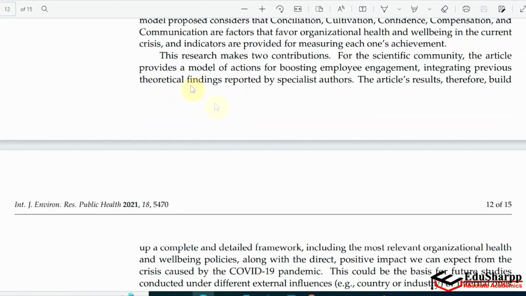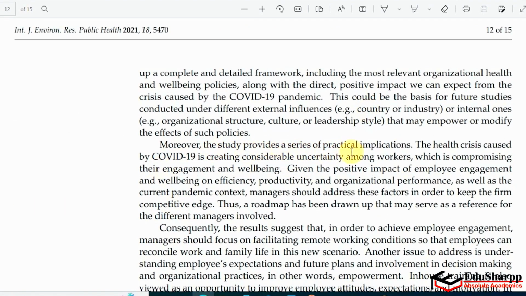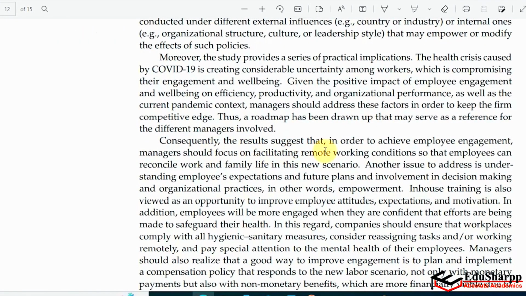Now if you come in the next paragraph, here they are mentioning this research makes 2 contributions. So here basically they are trying to give this summary of each section. So obviously they have different sections, and from each section they will put some summary. See, the first contribution is for scientific community, then they are talking about the study provides a series of practical implications as well, and then finally they are talking about the results suggest that in order to achieve employee engagement, managers should focus on facilitating remote work conditions so that employees can reconcile work and family life in this new